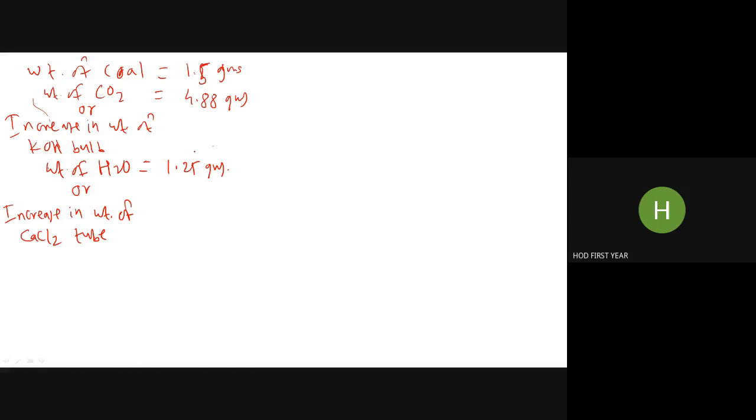And usually you see, in case of coal, carbon percentage is always high. Then only we can say it is a coal. Because carbon is high, then only calorific value will be high. So carbon percentage is always higher than H2 hydrogen percentage. So obviously higher weight is the weight of CO2 from data. If there is any confusion, okay, so higher weight is weight of CO2, lower weight is always weight of H2, because hydrogen percentage is always lesser than carbon percentage. That logic also can be applied.